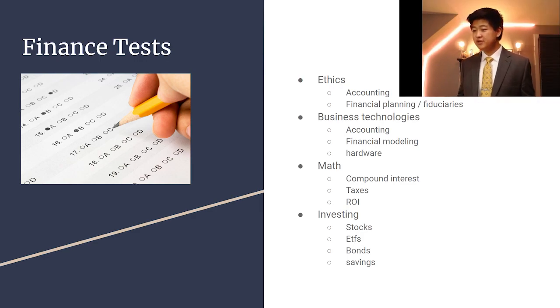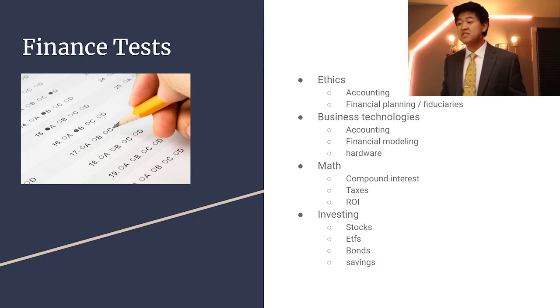Concurrently, the concept of fiduciary duties in financial planning underscores the ethical obligations of financial professionals. It demands that their operations and decision-making processes be conducted with the utmost integrity, ensuring that actions are taken exclusively in fulfillment of their fiduciary responsibilities. To manage financial information, the test may also ask questions pertaining to the use of technology such as accounting software, computer hardware, and financial modeling software. In conjunction with that, there are also often some simple math questions such as compound interest, calculating taxes, or calculating ROI. And finally, there will be some questions about investing, where you should at least know the differences between very popular securities like stocks, ETFs, bonds, or high-yield savings.